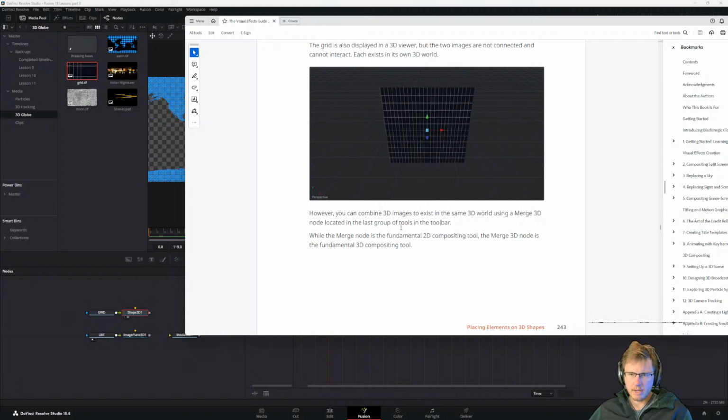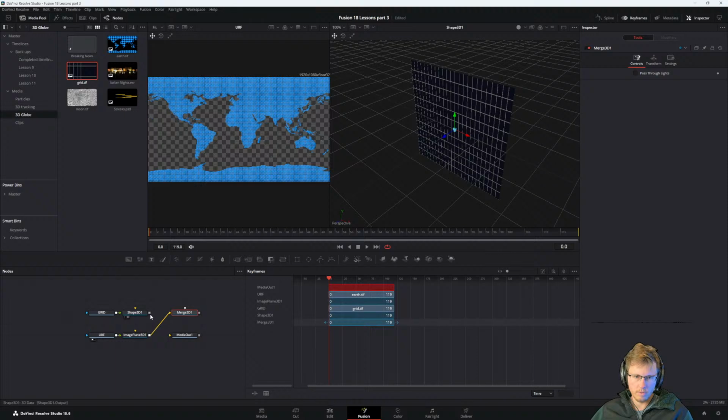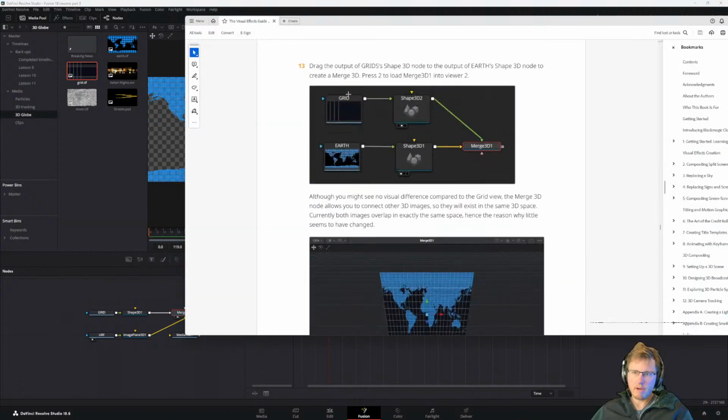However, you can combine 3D images to exist in the same 3D world using a merge 3D. It's located on the last group in the toolbar. While the merge node is the fundamental 2D compositing tool, the Merge 3D node is the fundamental 3D compositing tool. So over here we got this one. This one. We can merge it together. And now they're in the same thing together. And we drag the output so that, yeah, so we get the